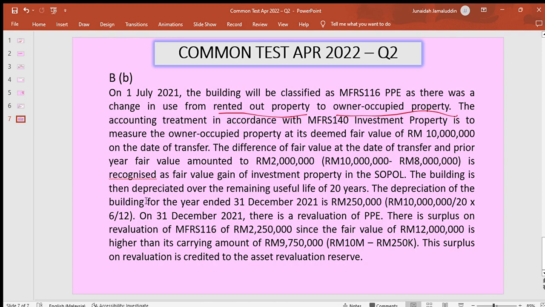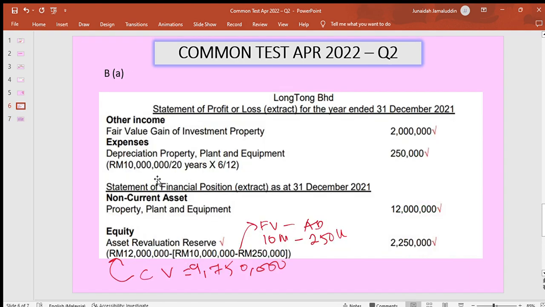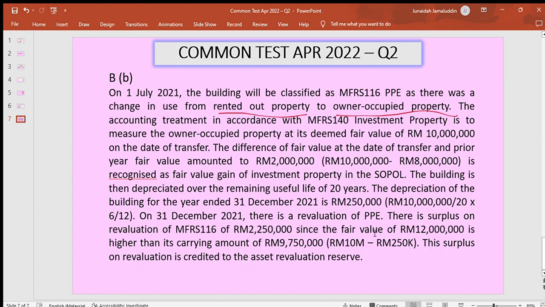And then you can mention the amount of depreciation. The depreciation of the building for year ended 31st December 2021 is 250,000, which we already calculated just now. The depreciation for the 6-month period is 250,000. You can mention that in your accounting treatment. And then we also have to explain the revaluation that took place on 31st December 2021. Revaluation of PPE. So you can say on 31st December 2021, there is a revaluation of PPE. There is a surplus on revaluation of 2,250,000 since the fair value of 12 million